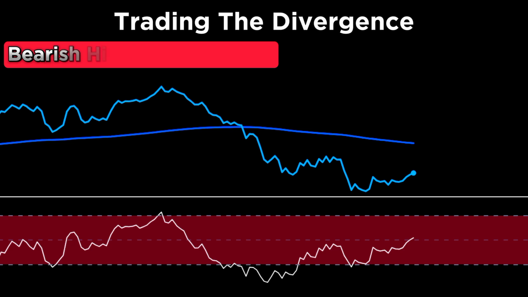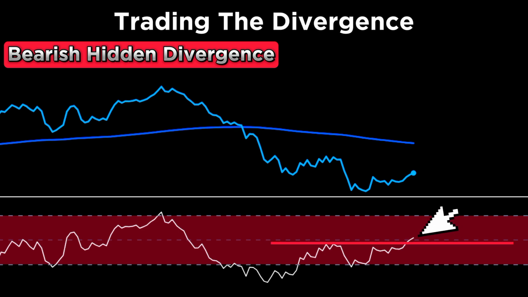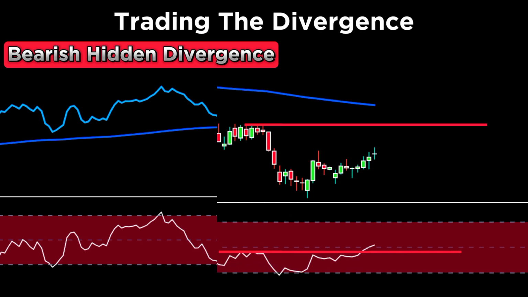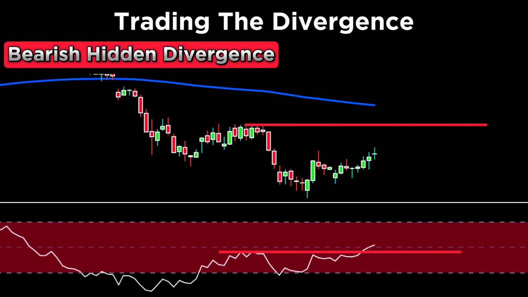So here we have a bearish hidden divergence, and I know that you can get it right by now. So here we have the price moving below the 200 exponential moving average line. And here you can see the RSI indicator making a higher high, crossing the last swing high, while the market price is making a lower high and not crossing the last swing high, giving us a bearish hidden divergence. And after that has been spotted, we change our chart to candlesticks in order to spot our entry,